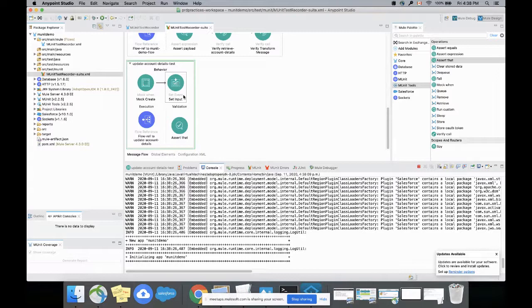Okay, so first of all, the test case was successful because it induced the error, and my payload was equal to that. And if you see here, Salesforce connectivity was actually the error type that was induced in your test case. So this is how you can use mock to generate negative test cases and have your negative scenarios